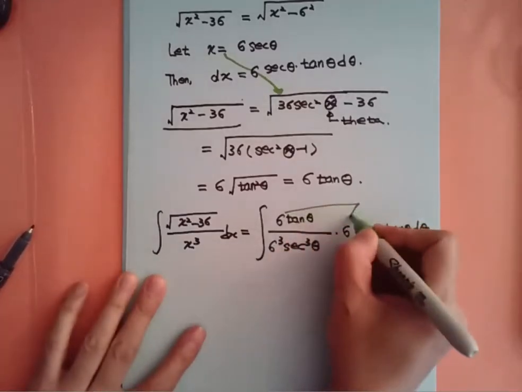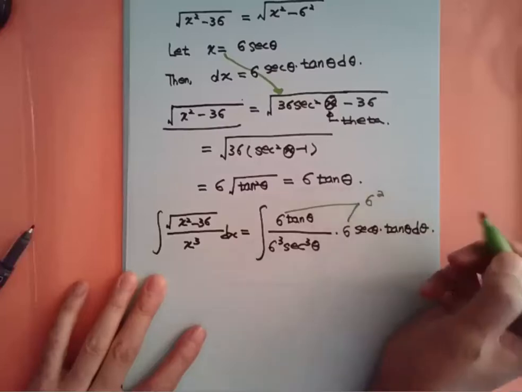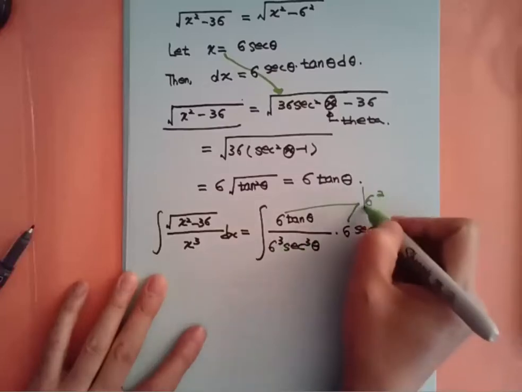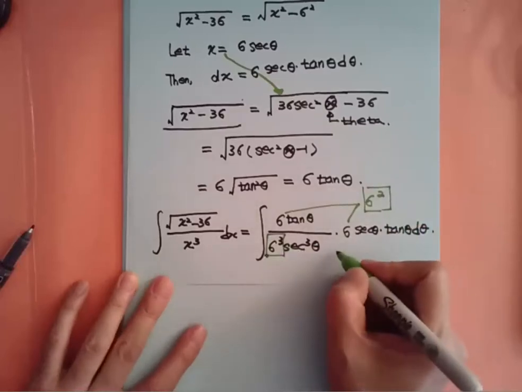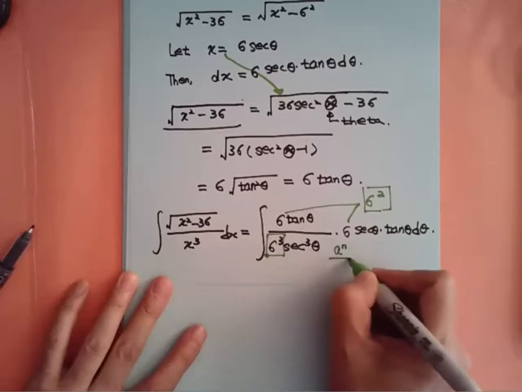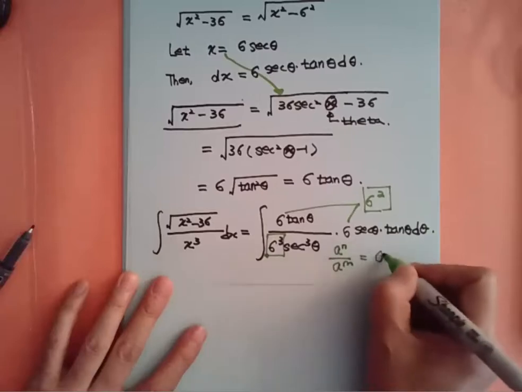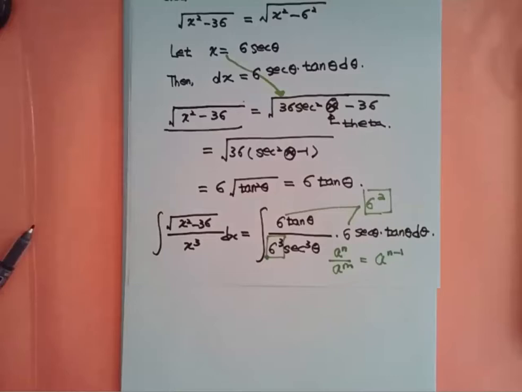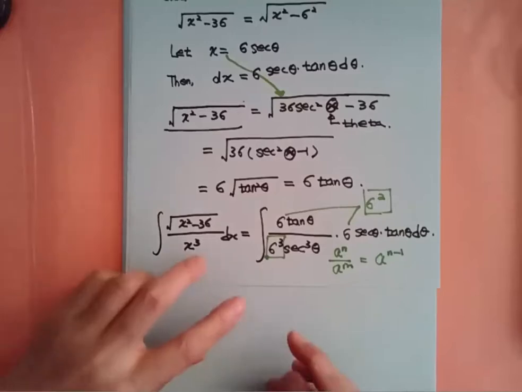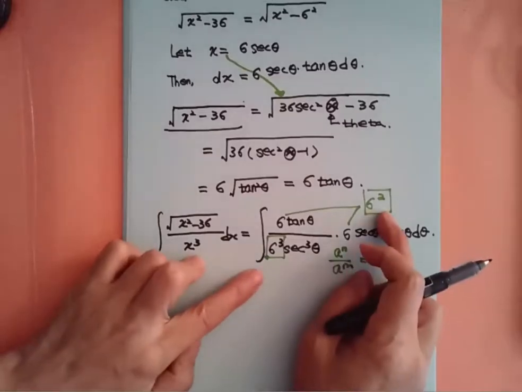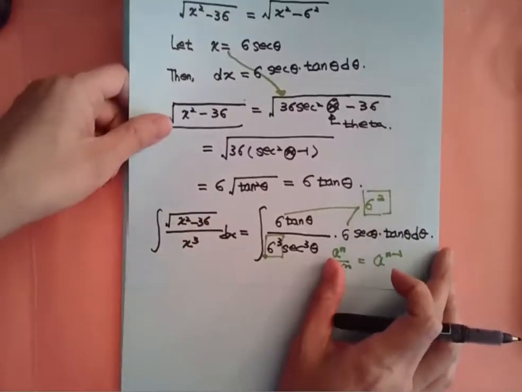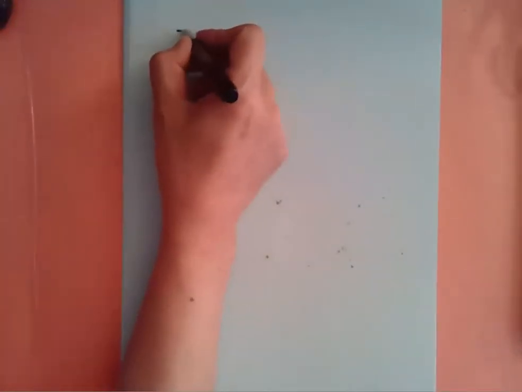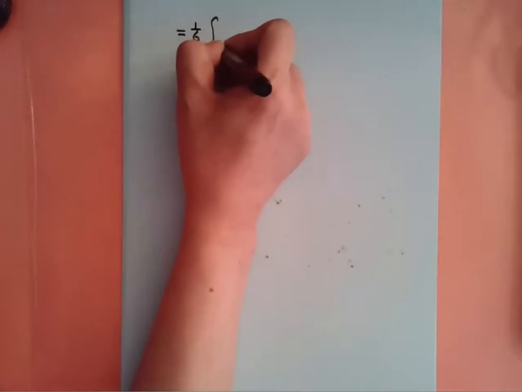So what happens here is 6 times 6 will make 6 squared, right? And then we compare this one in the numerator and this one in the denominator. The formula we know is a to the n over a to the m equals a to the n minus m, right? So when we simplify, that becomes what? 6 to the negative 1, which is 1/6, right? That equals 1/6 integration